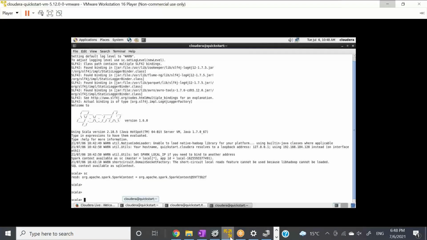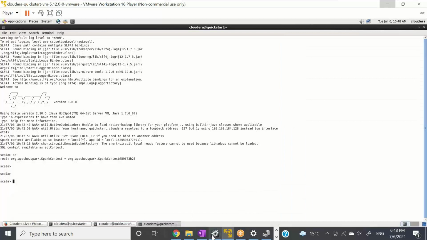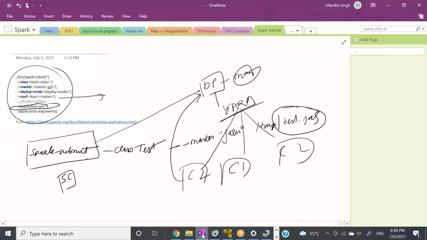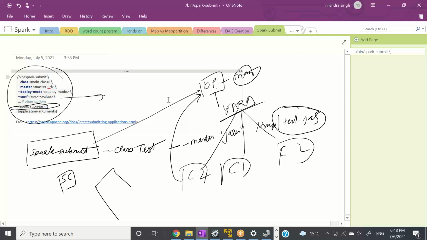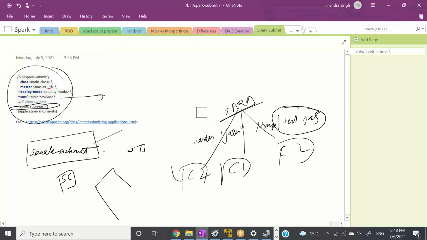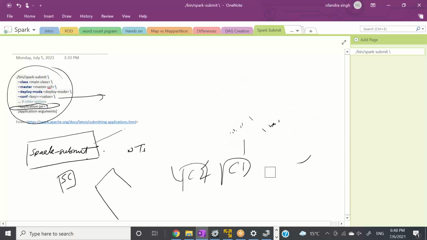So in this particular case, when I'm running my code in my local, what is going on?